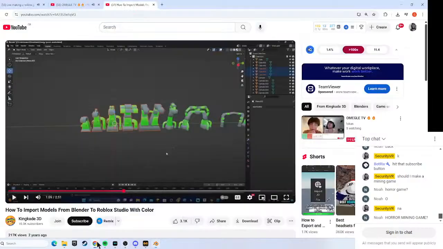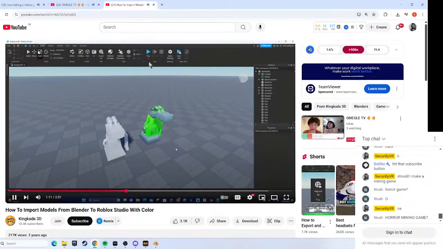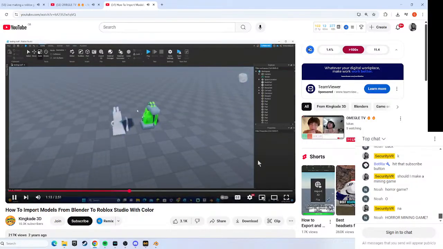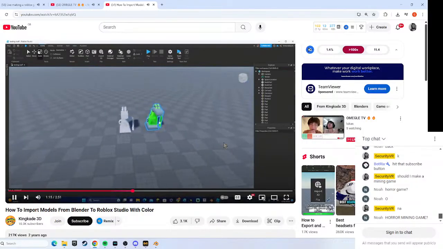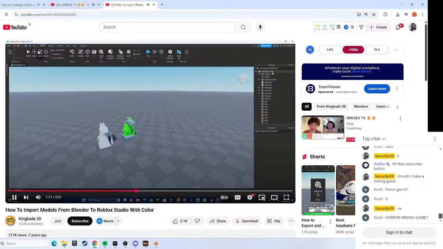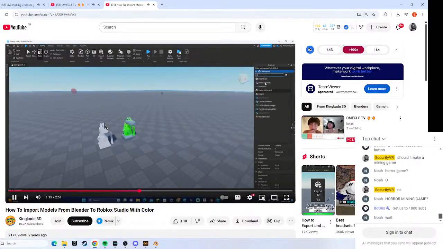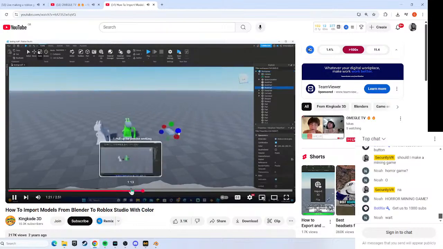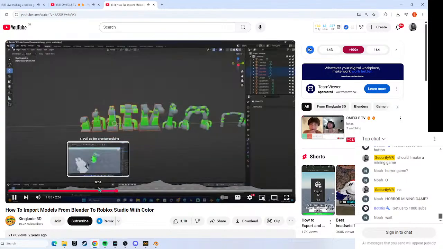Once you have exported it, head over to Roblox Studio. And there are two different ways to import things into Roblox Studio. You can either go in Workspace and search up mesh like this, a mesh part, and then there are two different ways. Then click File,